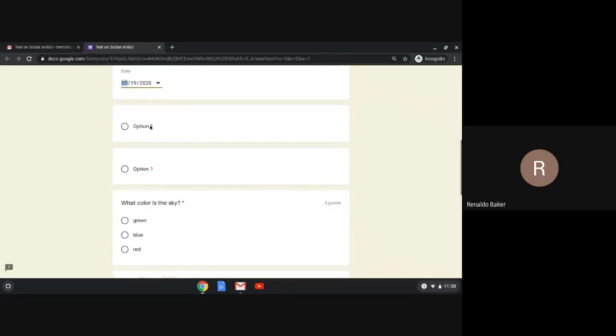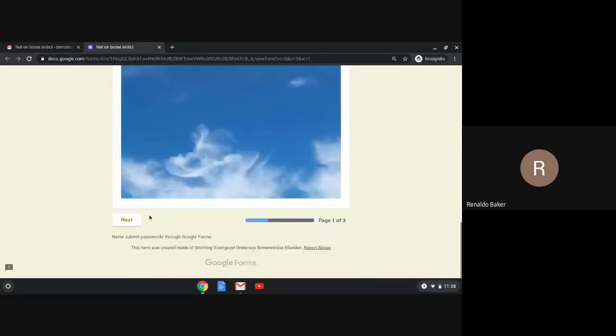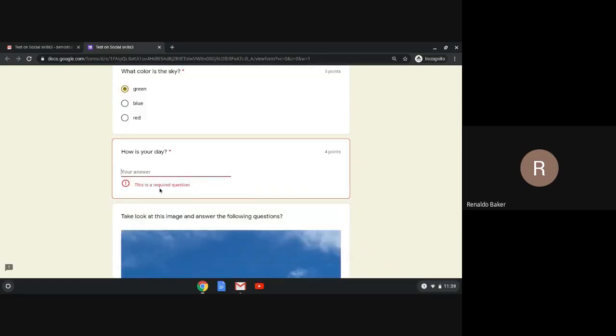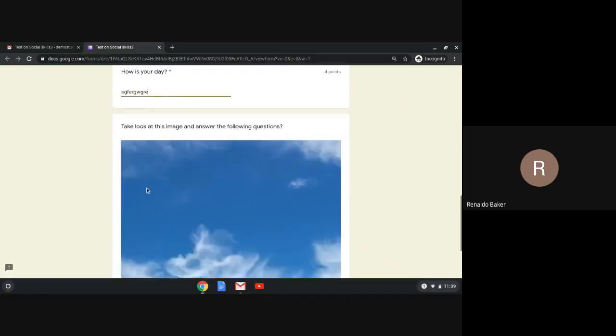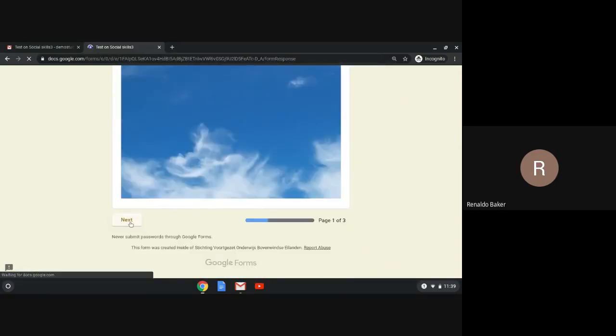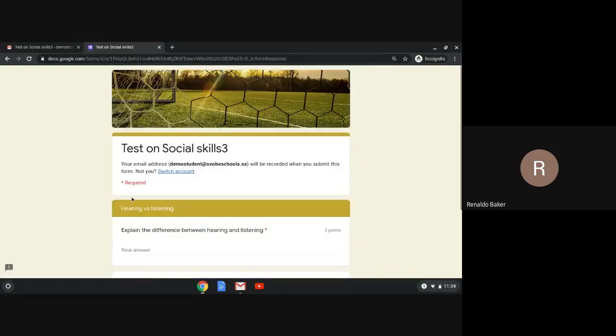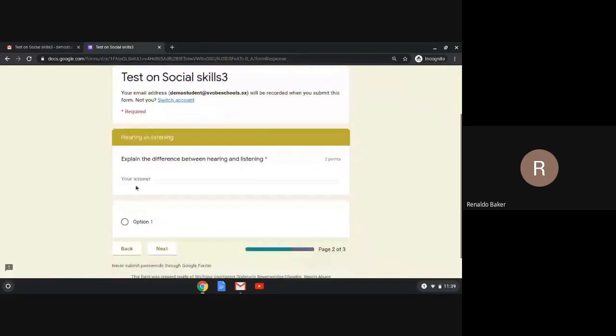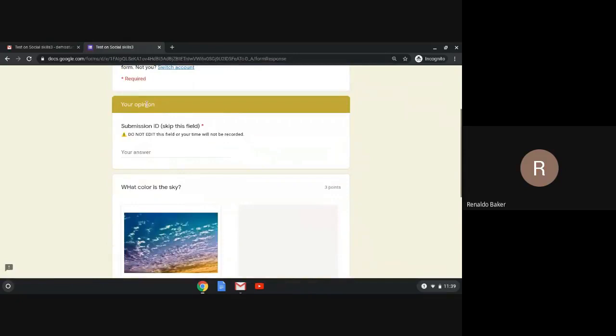and answer the questions. I'm not going to answer them. Okay. And then at the end in here, you're seeing a clear view of the progress bar. If I click next, look what happens. It sends you back because these questions had to be answered. I had to put something in before I can go to the next page. They are required. Okay, let's go to the last page